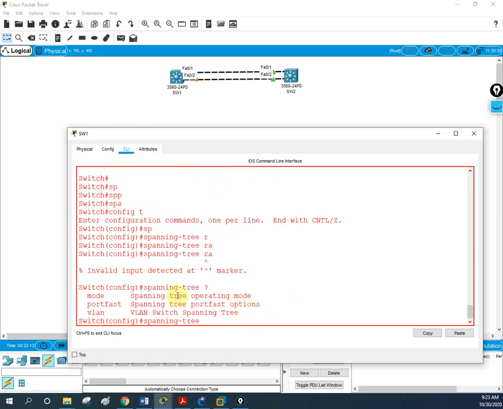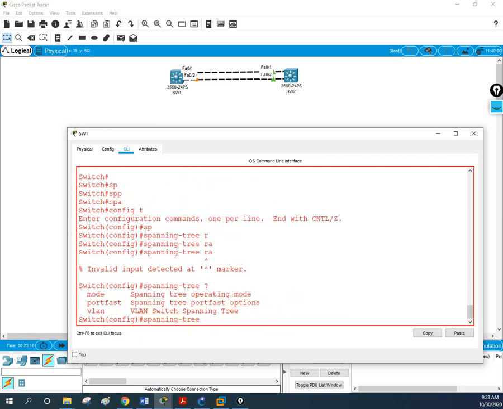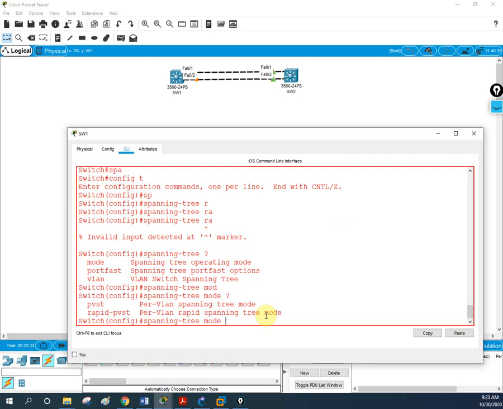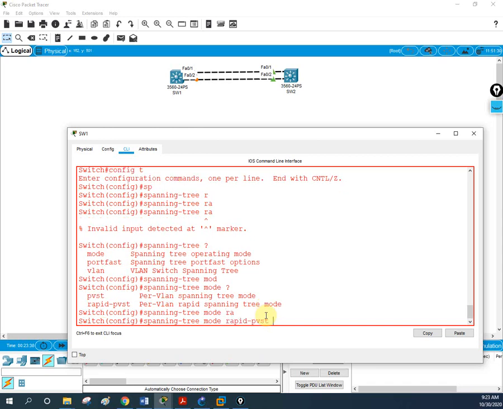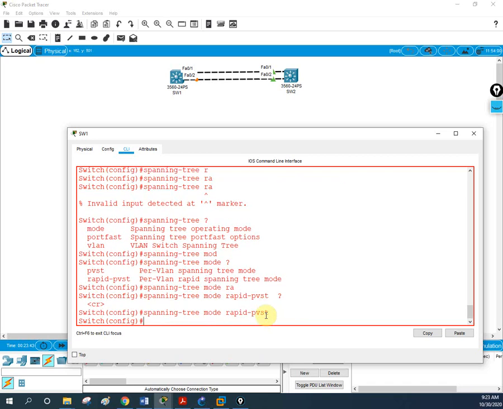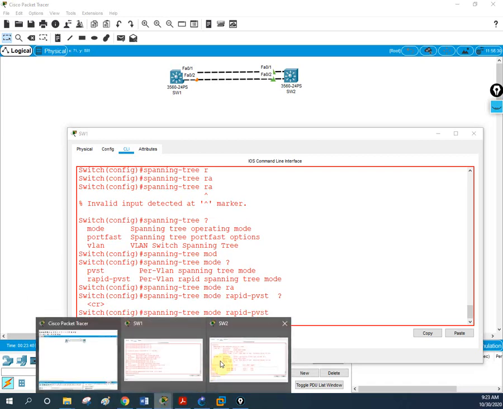If you see here, I wrote spanning-tree and then put the question mark, so it will give the command, because some models have some differences, like in GNS3 we have a small difference. But anyhow, when you are configuring, just write spanning-tree and a question mark, and it will show what we need to write, then mode. If you have any doubts, you can put a question mark. Then here we can configure PVST or rapid, so I will write rapid PVST. Then just press enter.